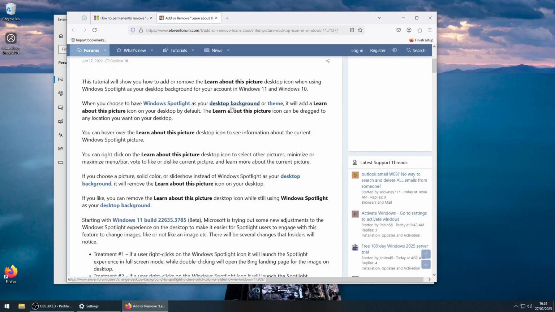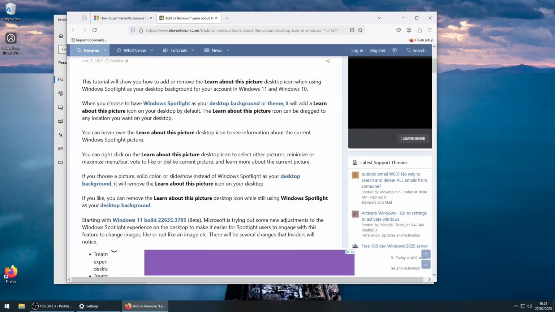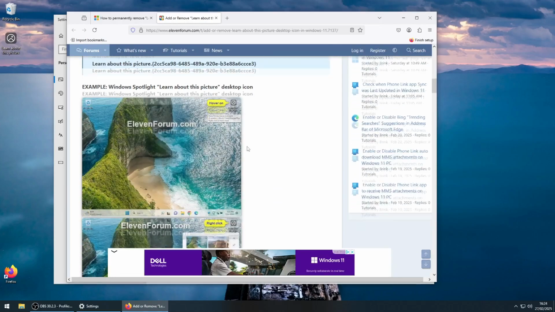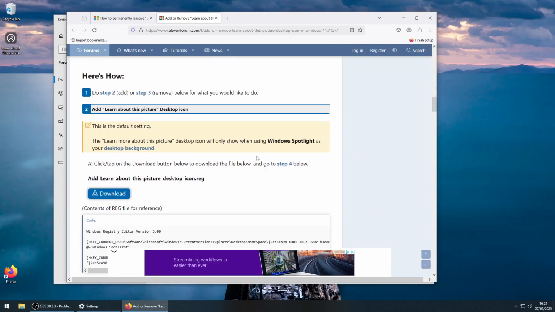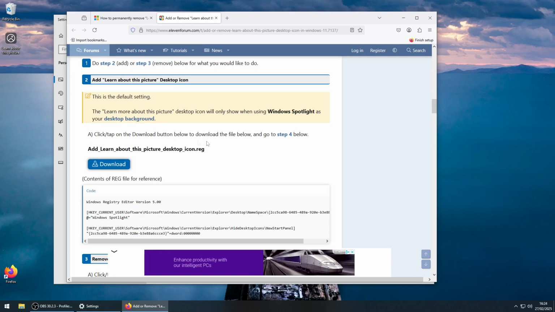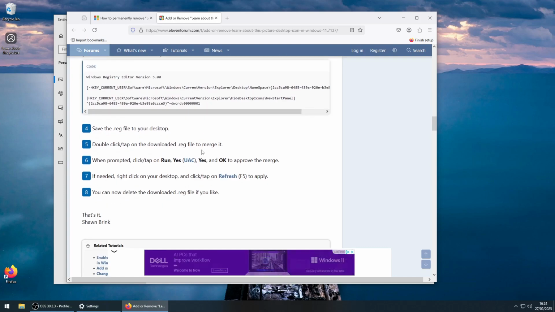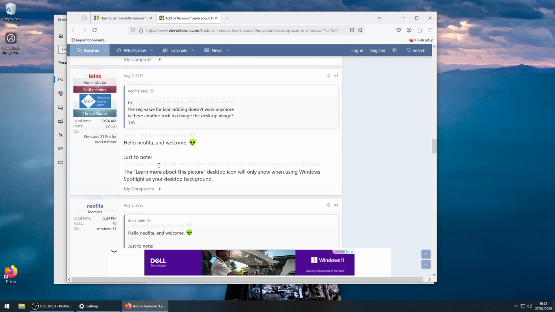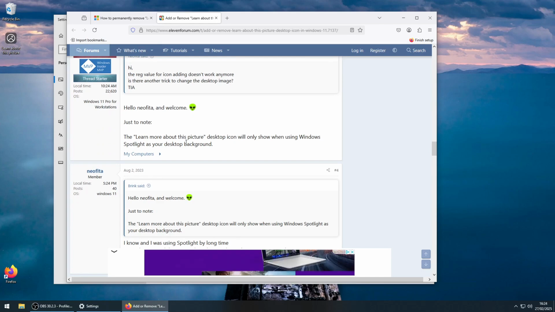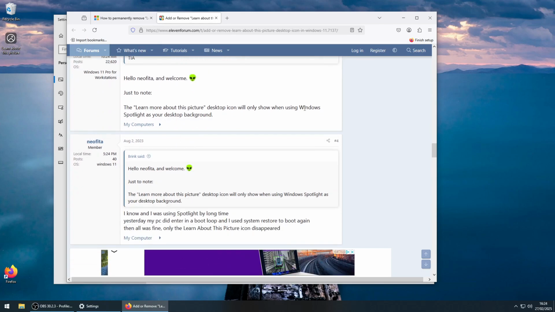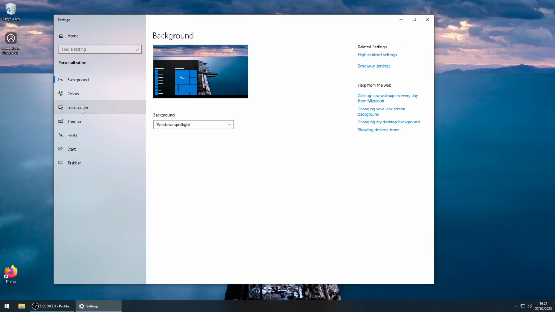Oh, I have to agree. When you choose learn about this picture, oh, we have to download something. What? Oh, okay. It will only show when you're using Windows Spotlight as your desktop background. Oh, so annoying. So you just want to go to background. Yeah, it's literally right there. Windows Spotlight. I always do a solid color,